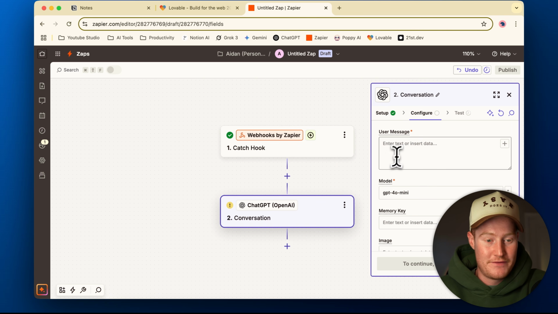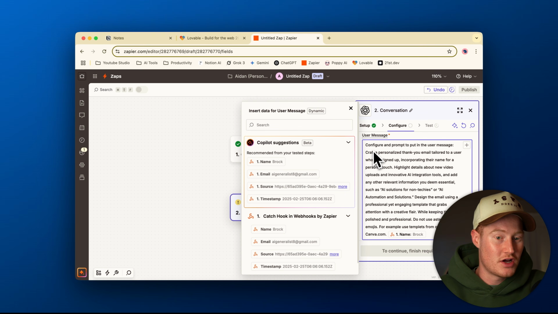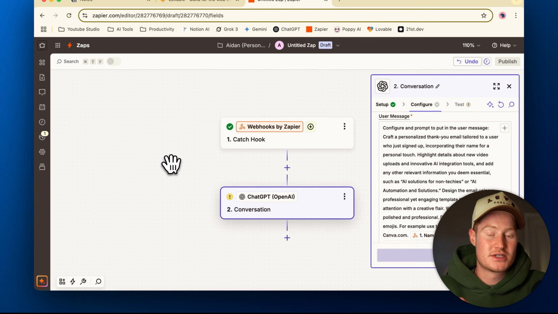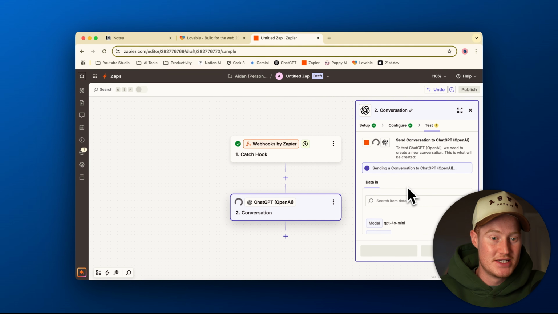And now we just need to map the fields that were captured via this webhook. So for the name, we could come over here, click on the name, and we could add the email. So now it's going to have this context in order to send a personalized email to our user. Next up, all we have to do is click on test inside of the ChatGPT step, and we want to